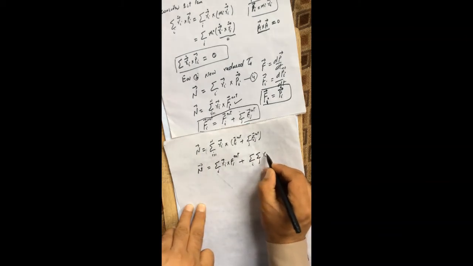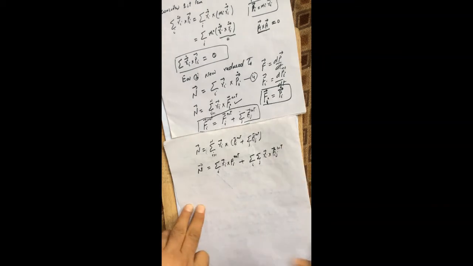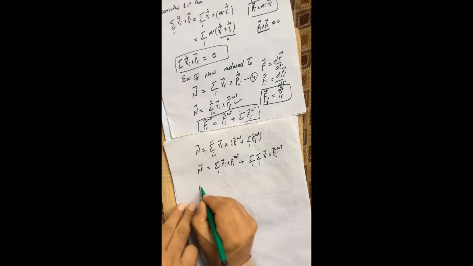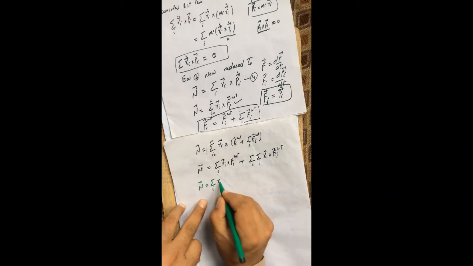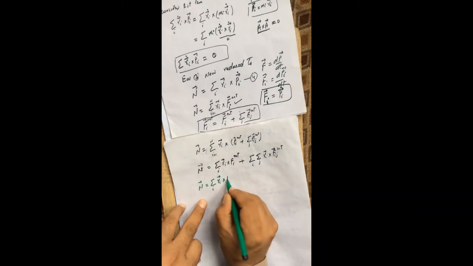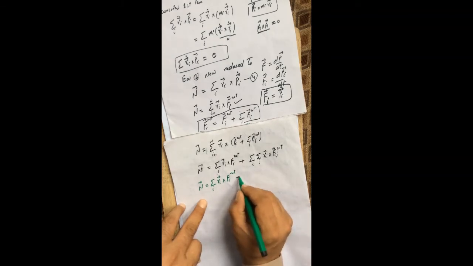I have r_i cross F_ij, which is the internal force. I can write it here, N is equal to sum over i of r_i cross F_i external plus